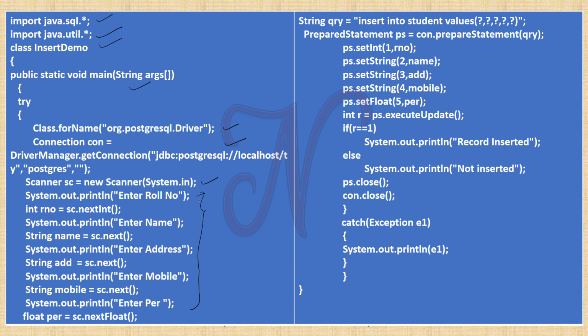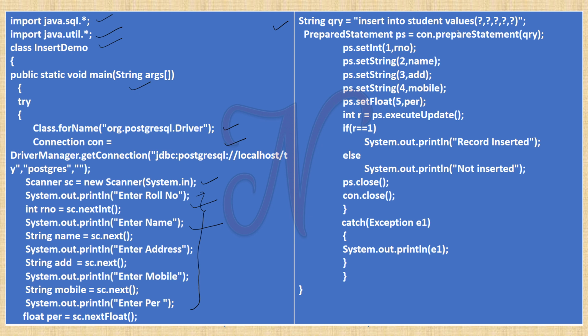Students, use any two variables, the roll number and name. There is no need to define five variables; instead of five, use only two. Then here there is a query, an insert query. This is an example of a prepared statement. Here, students, you can use an insert, update or delete query. This is the example of an insert.